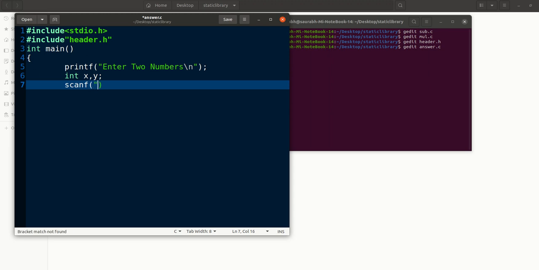How can we scan? By scanf with %d %d. Okay, and then passing the addresses of x and y.